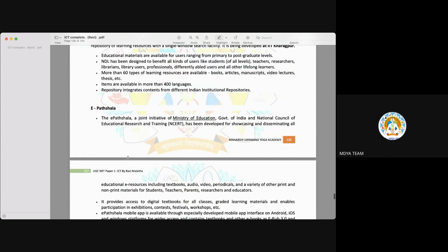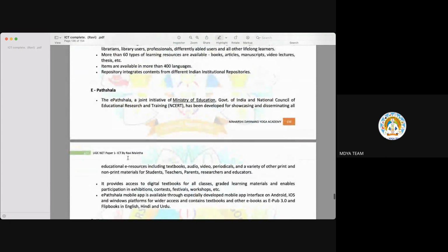Then there is e-Pathshala. E-Pathshala is again a joint initiative of Ministry of Education and National Council of Education Research and Training, that is NCERT. And it has been developed for showcasing and disseminating all educational e-resources, including textbooks, audio, video, periodicals, and a variety of other print and non-print materials for students, for teachers also, for parents also, researchers, and educators. So this provides access to,